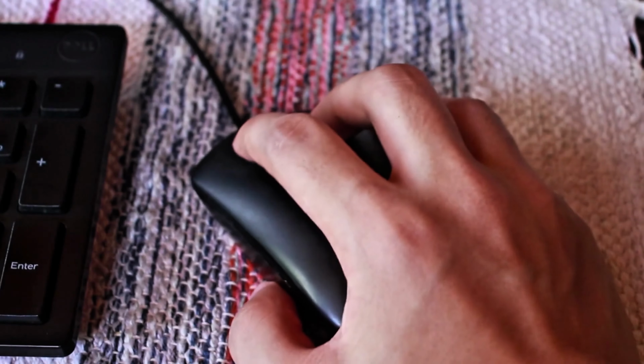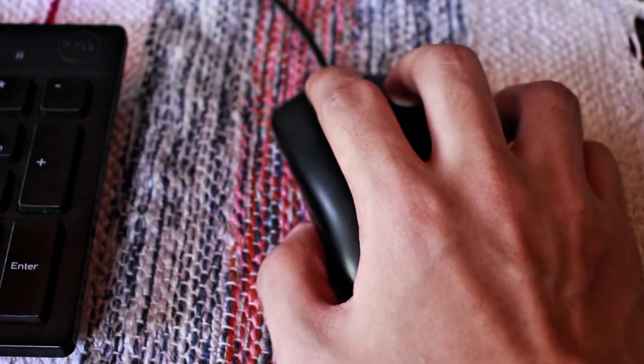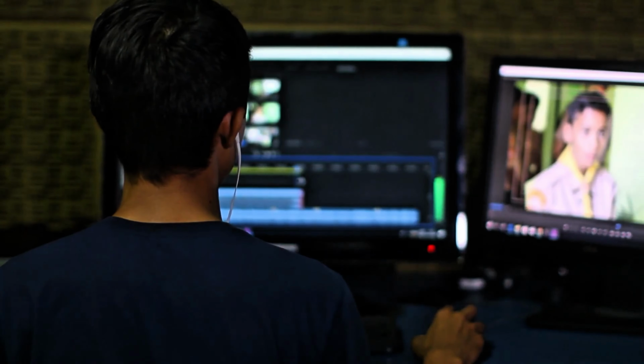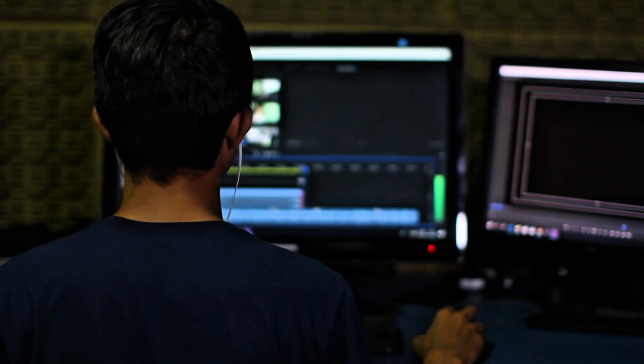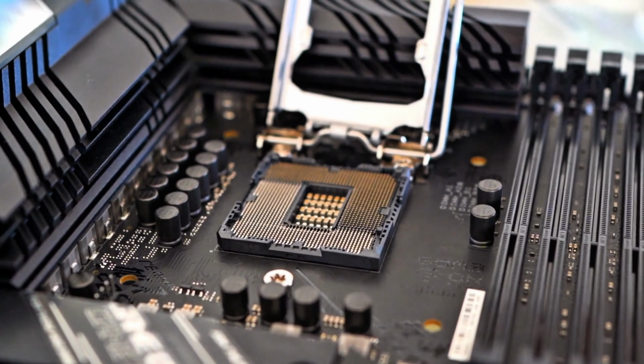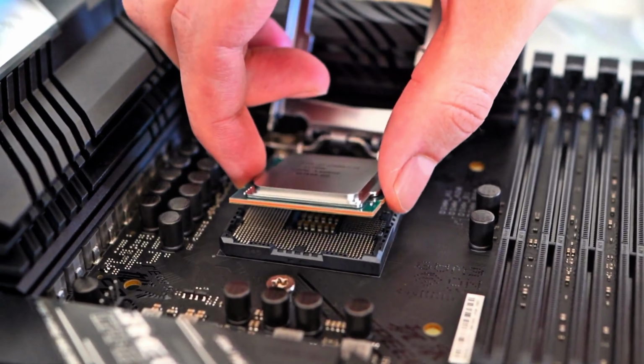Let's start with the basics. So, what is a process? For example, when you click the icon to open Google Chrome, it becomes a process running inside your computer's memory. Each process needs resources like CPU time, memory, and input or output devices to function properly.